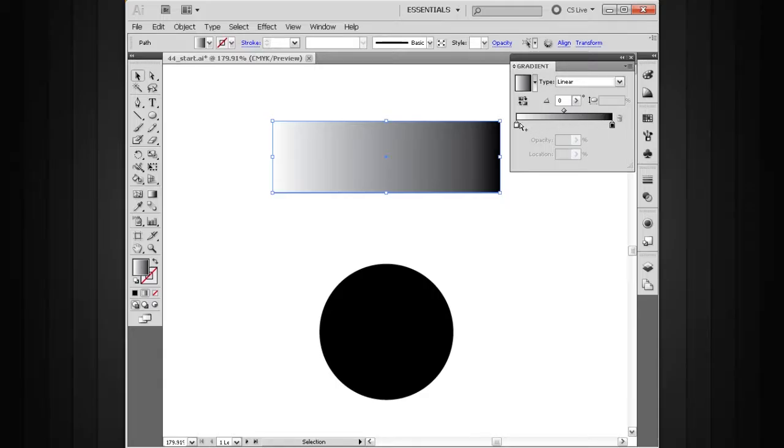So that brings us here to the gradient slider. Now, this is probably the most important part of the gradient panel. So right here you can see that we have little color stops below the gradient slider, and we've got a little diamond in between those two color stops. These two color stops determine the color of our gradient, and you can see here by clicking on this white one, we've selected it because the little black arrow above it changes to black in color. This little diamond in between the two swatches represents the 50% mark, so that represents the halfway point between the